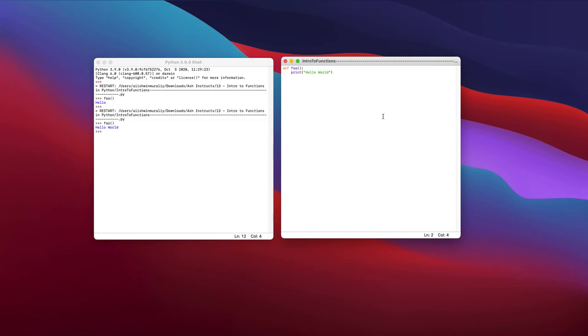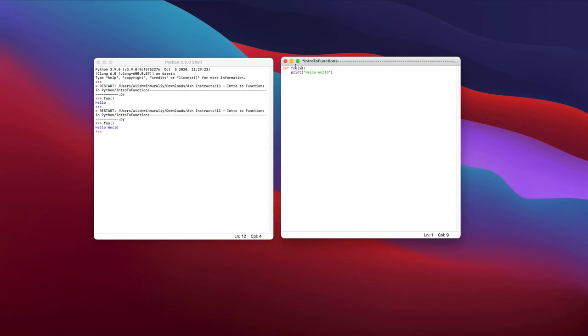So how can we pass arguments through a function? What we can do is put a variable in between these parentheses. So we can do x, for example, right? And what x can be is anything that you want it to be. It can be a string, it can be an integer. Since it's not defined as a specific data type right now, it can be anything that it wants,